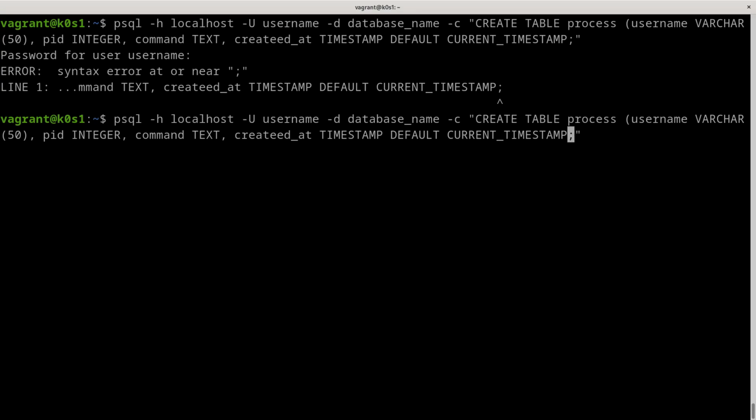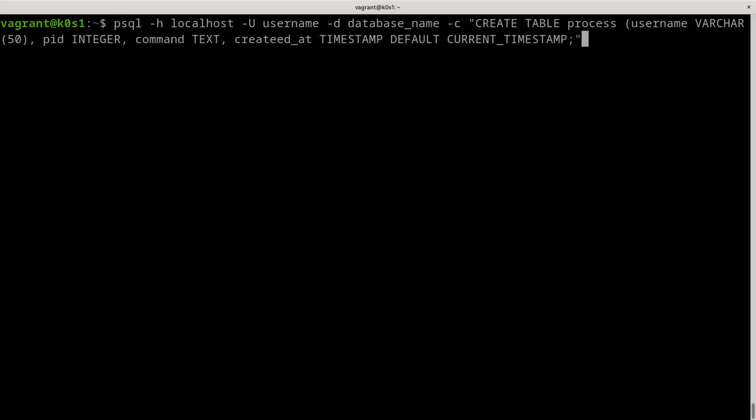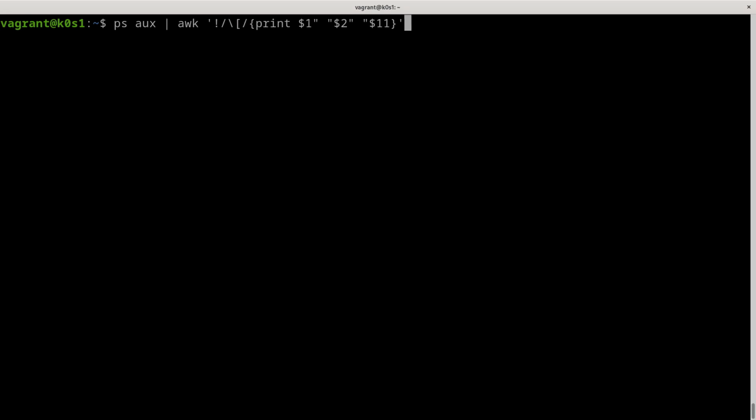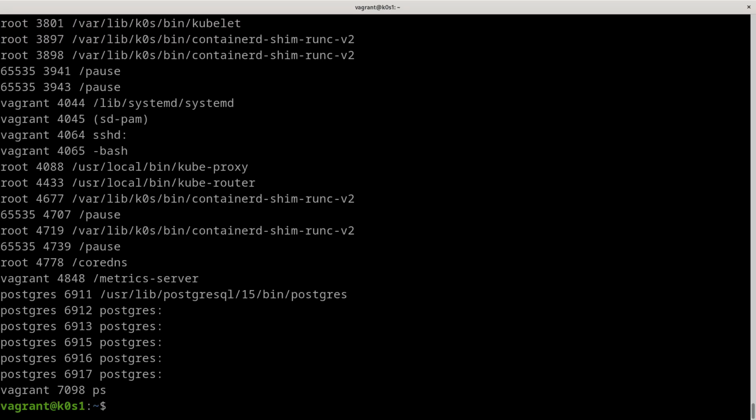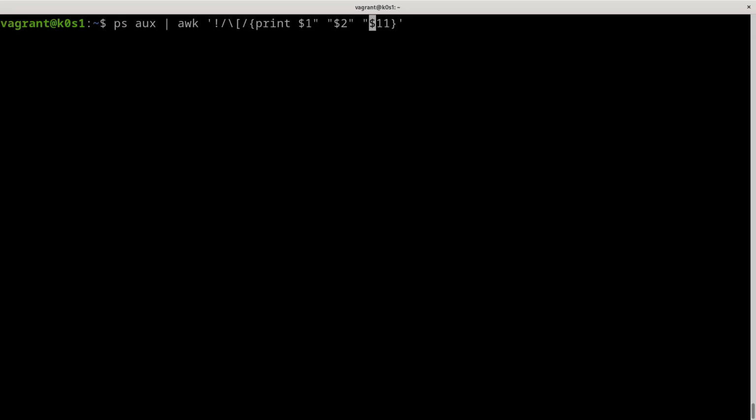Yes, I need to use here like this. Okay, so now we have our table, and now what I want to do, I want to use my previous while line here to generate a SQL query. So to do that, what we need to do,